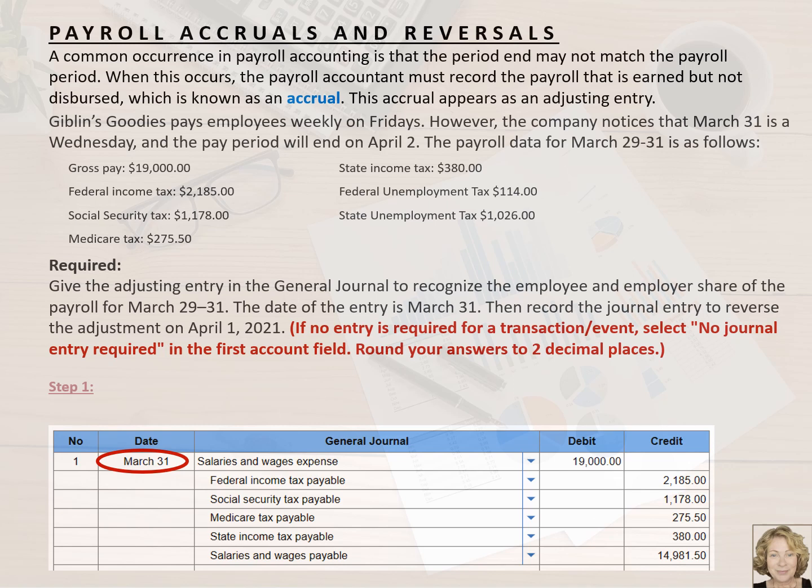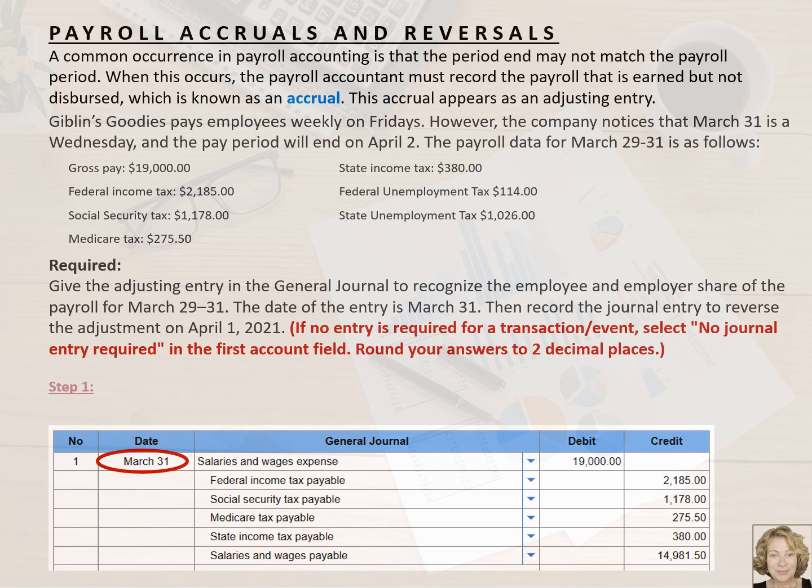When this occurs, the payroll accountant must record the payroll that is earned by the employees but not yet dispersed, which is known as an accrual. This accrual appears as an adjusting entry, and a very typical practice is to mark this as a reversing entry in the accounting system, which means that the estimate is automatically reversed on the first day of the next accounting